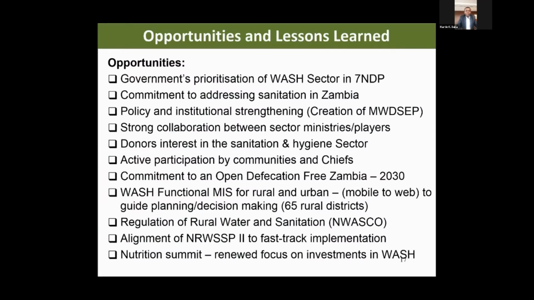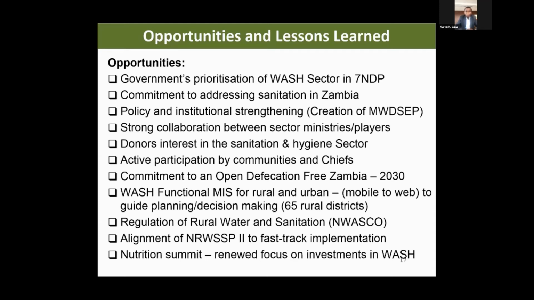So opportunities and lessons learned. So what we see is that the government's prioritization of WASH sector in the 7th National Development Plan, that is a positive step. The commitment to addressing sanitation in Zambia. So policy and institutional strengthening, that's the creation of Ministry of Water Development, Sanitation and Environmental Protection, which is a ministry charged with the responsibility of overseeing this sector. Strong collaboration between sector, ministry and other players. The donors' interest in the sanitation and hygiene sector, and active participation by communities and the local leadership,